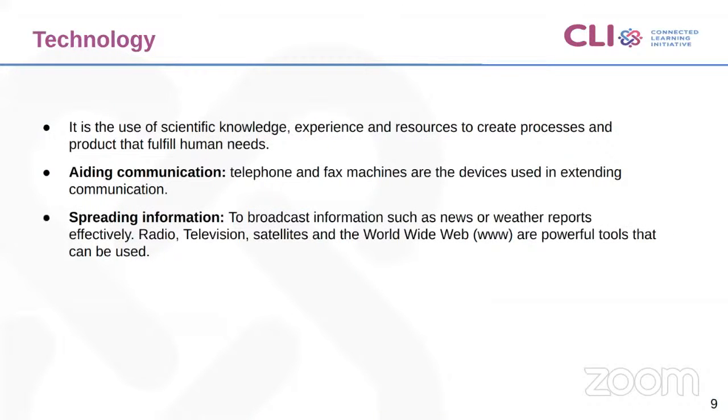So we are done with information and communication. Now it comes to technology. Earlier there used to be no technology, so there were only very trivial means of communication like symbols and hand gestures. Now what does technology mean? Technology is the use of scientific knowledge, experience and resources to create processes and products that fulfill human needs. For example, earlier if I had to send a message to someone,